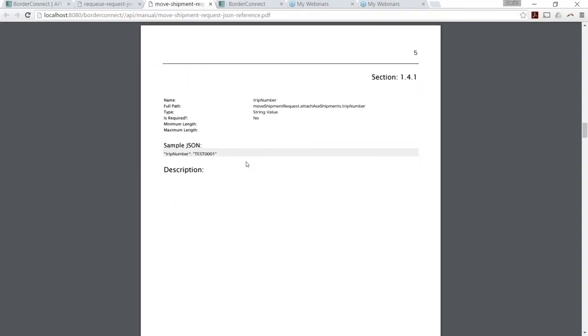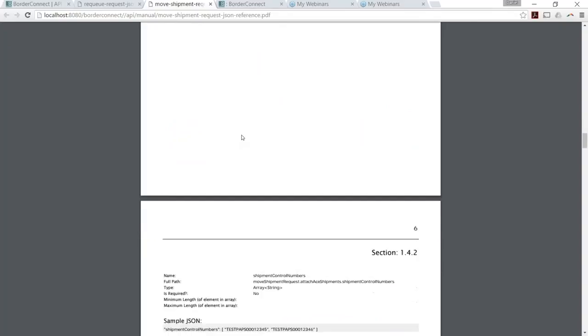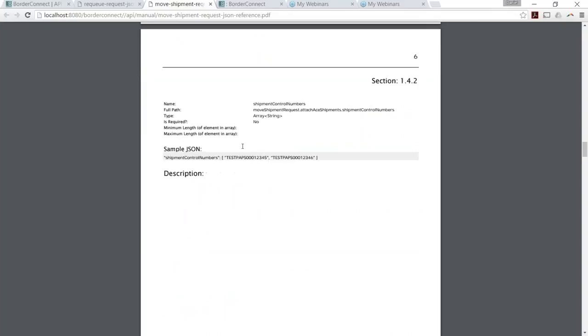So the next type of message, I'll just finish scrolling through this quickly. You can see that this message can also be used to detach shipments. So it's add shipments, detach shipments from existing manifest. The other message type is to requeue previous messages. This is mainly used in the case of lost messages. So for example, if you had a database error during a particular time period, or you have a particular shipment or trip that you don't think you received all of the